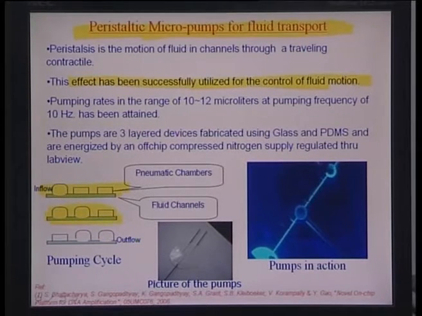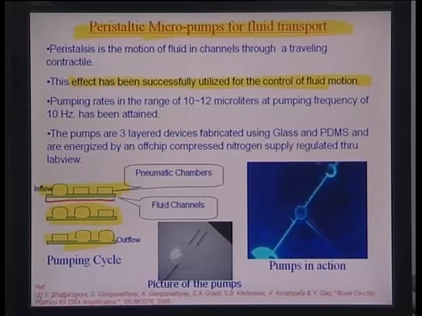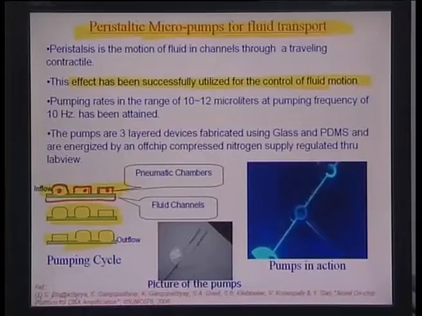So the device made is a 3-layered device with a layer at the bottom, which you cannot see here, but it exists. Okay, so there is a layer at the bottom, there is a channel layer on the top, and then there is a blister pocket which is on the top of all this, and these blister pockets are all connected through an air circuit which is controlled selectively using a solenoid motion. And the idea is that you actually inflate and deflate these blisters in a sequence, so that you can press say for example this region here, which squishes out the fluid in both directions,